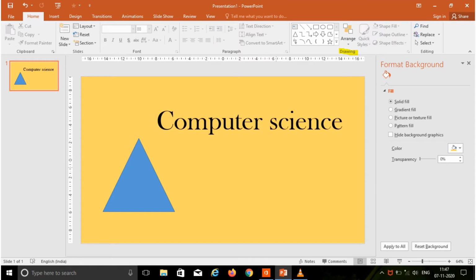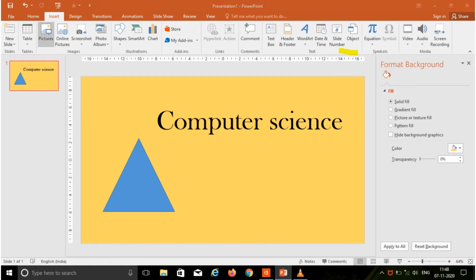Now we are going to learn the next option, arrange. Arrange options are used to arrange objects on the slide by changing their order, position and rotation. You can also group multiple objects together so that they will be treated like a single object. Before that, you are going to insert one picture.